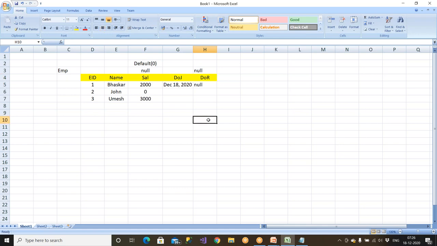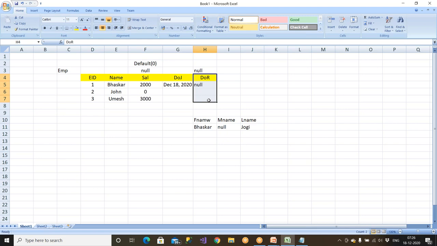For example, you have a first name, a middle name and a last name. First name Bhaskar, last name Jogi. I don't have a middle name, so I need to allow null here. I cannot say null should not be used, wherever there is a null I should use a default value. What default value will you write here? So sometimes nulls are good in the database, but if it is needed, then replace with the default value.